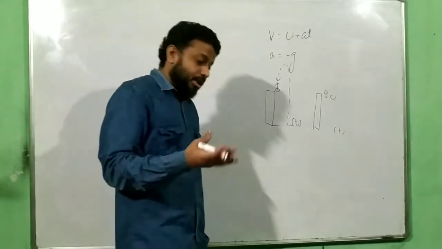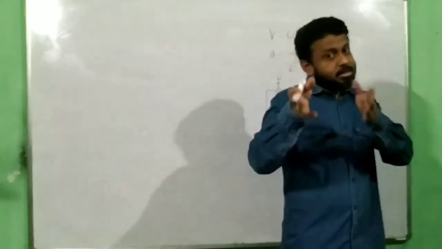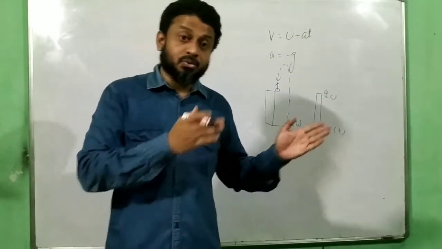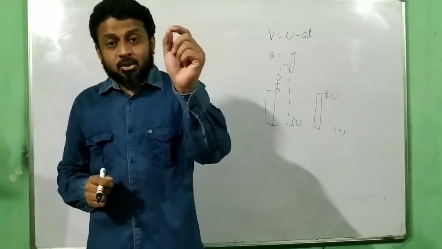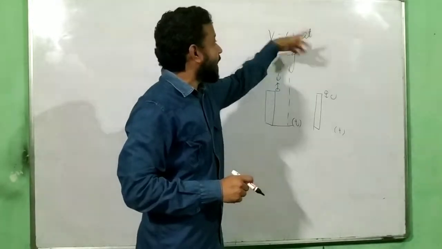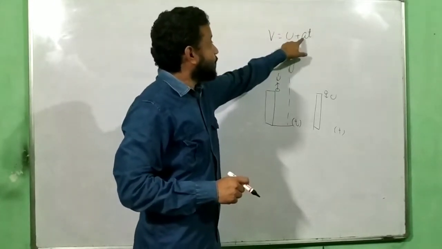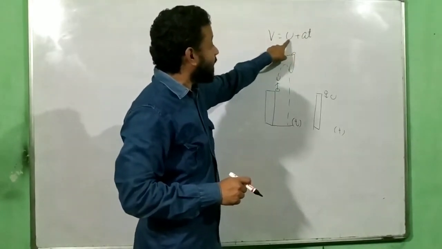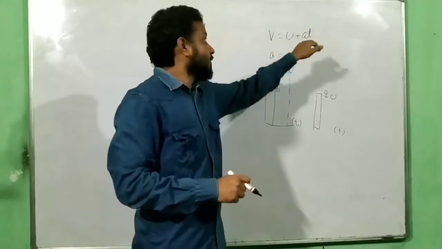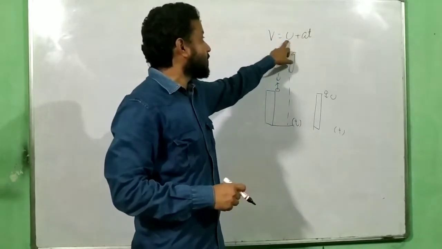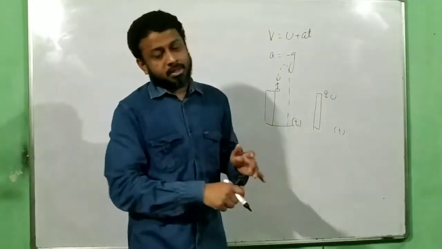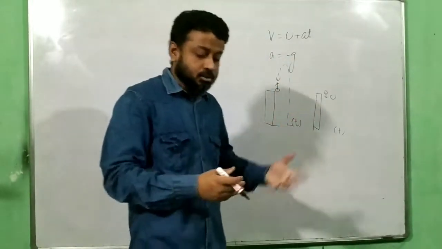Similarly, if I talk about the overtaking problem, they may ask you what is the velocity at the time of overtaking. First you have found the time at which the overtaking is taking place. With that time you can put the value of time over here and the acceleration of car A, or you can say car B. If you use car A acceleration and car A initial velocity, you get the value of velocity at the time of overtaking. If you put the acceleration of car B and the initial velocity of car B, you will find the velocity of car B at the time of overtaking. So it has its own importance.